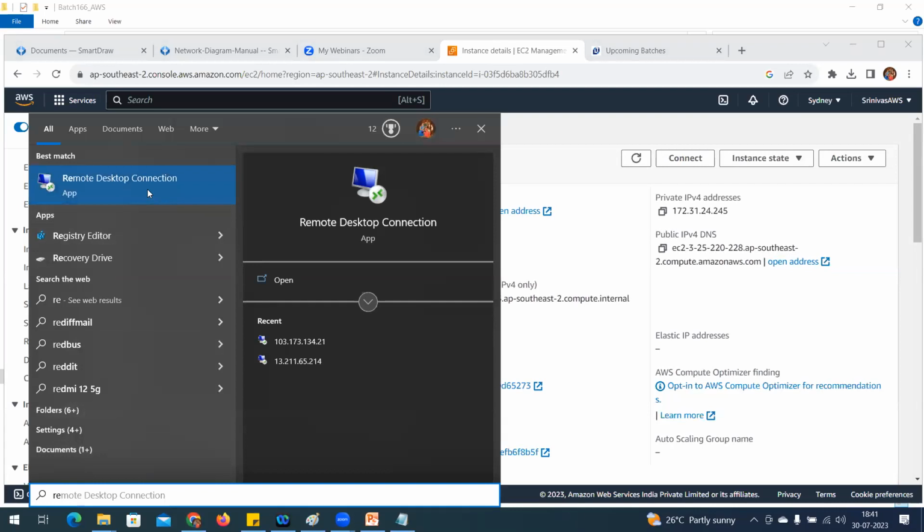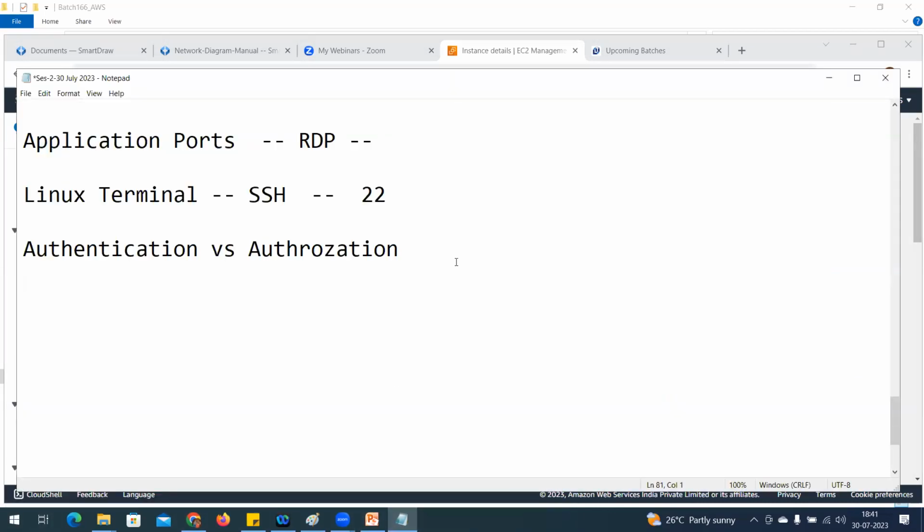Remote desktop, if you don't have any idea, is a tool, RDP, MSTSC, Microsoft Terminal Service Client, or RDP, which we call remote desktop protocol. By using this, you are in a position to connect to a Windows Server remotely. What is this remotely? For example, I am in front of my laptop and I can see the screen. If I'm not in front of my laptop, I can connect to this laptop remotely. That is a remote tool.